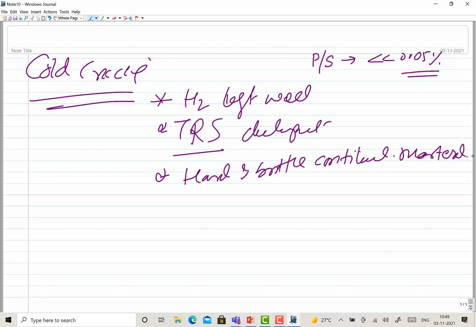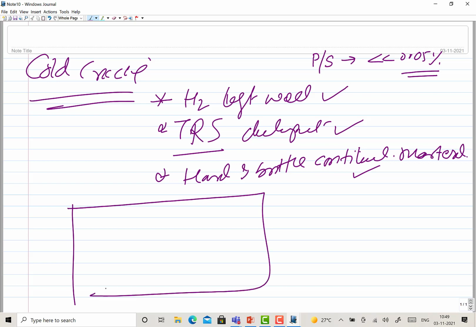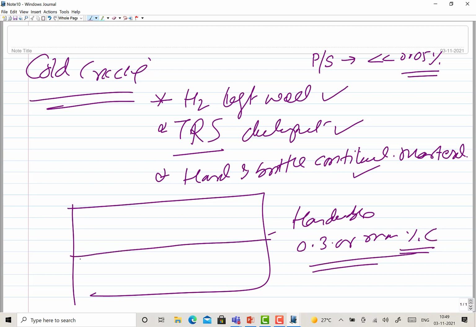Okay, so when this cocktail of three deadly things happens, especially in hardenable steels, like the steels having 0.3 or more percentage of carbon, when steel of this kind is welded, you will find that